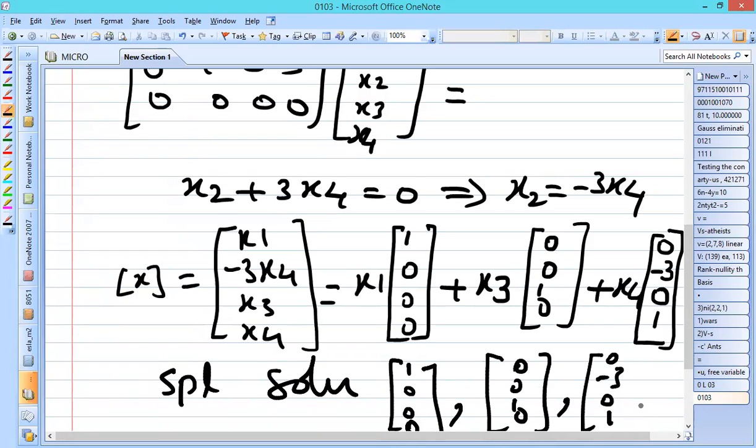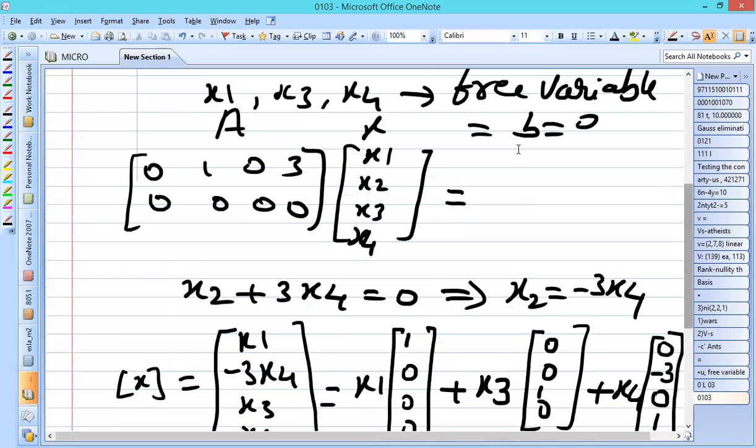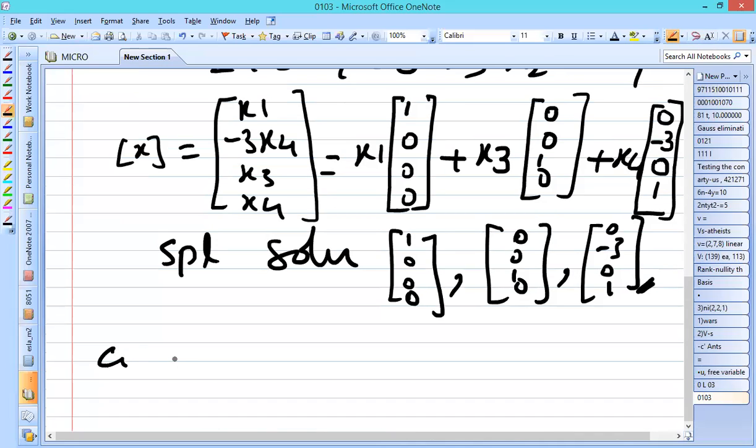So these are considered as the special solution. A special solution in the sense, here it will be obtained by equating Ax is equal to 0. That is, by considering the null space matrix, we can obtain the solution. Now after getting this special solution, the next task is to get the complete solution. So now we'll move on to finding out the complete solution.